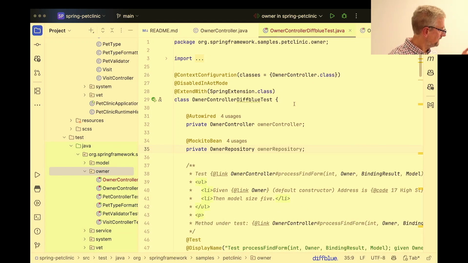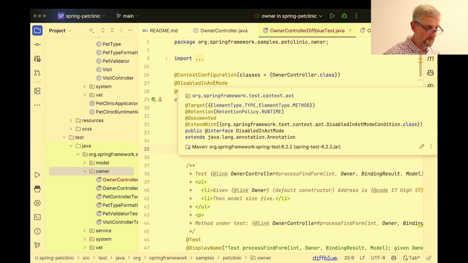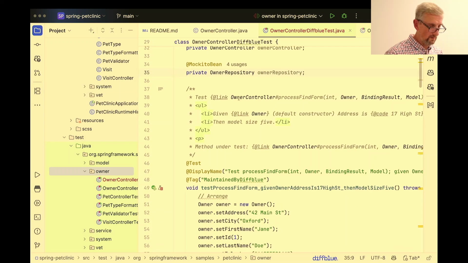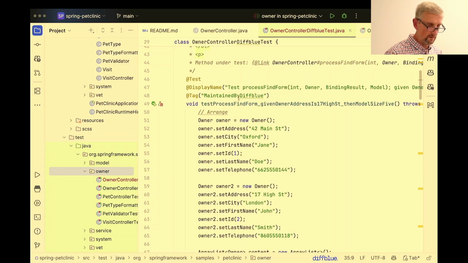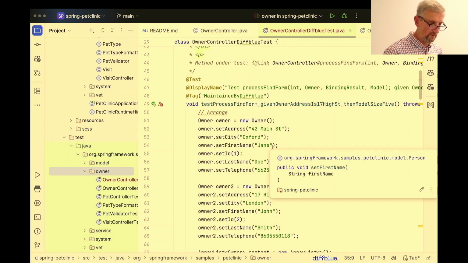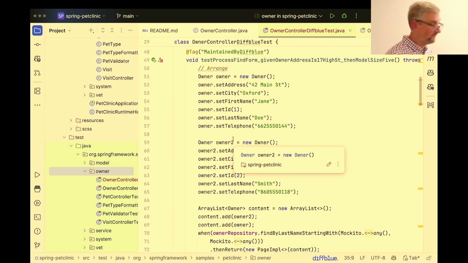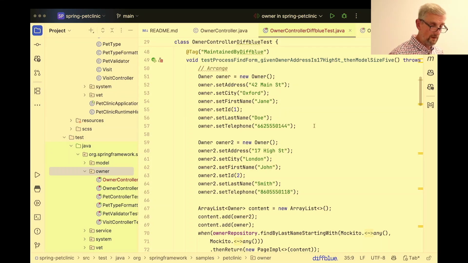So this is writing Spring native tests using the appropriate context configuration for owner controller, using the normal annotations, injecting appropriate beans, and then let's look at a test here. We've got this first test it's given us, which has 2 owners in the list. That was our default code path, the happy path that most developers are aware of and